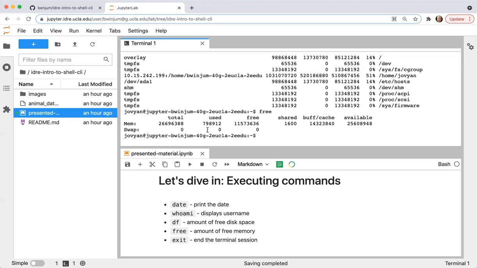There are names for these things. There's standard input. The standard input right now is that we're using the keyboard to type commands onto the command line. And then there's also standard output, and there's standard error.